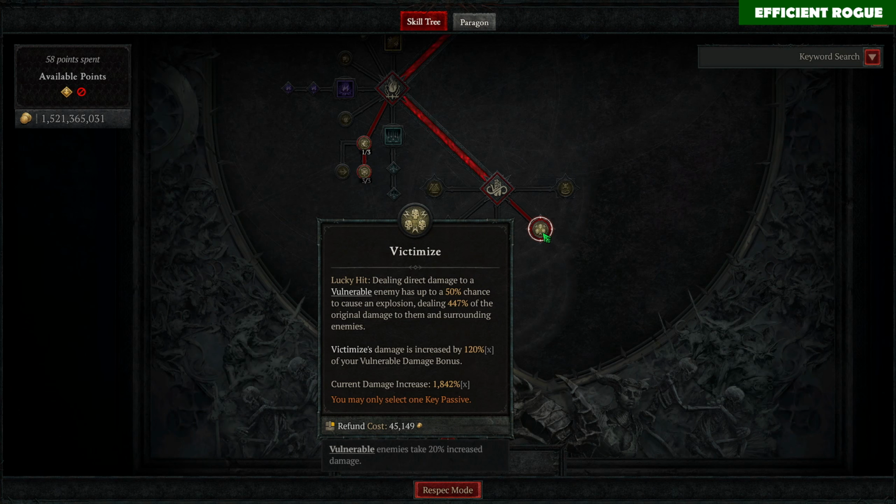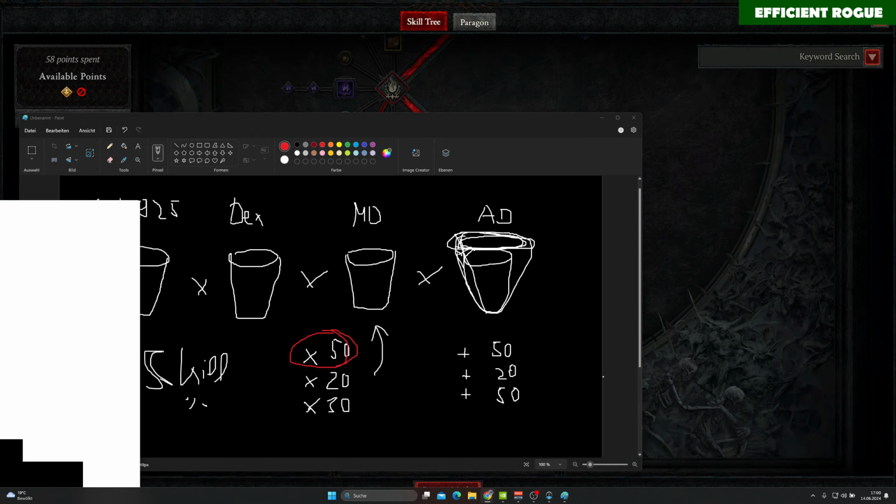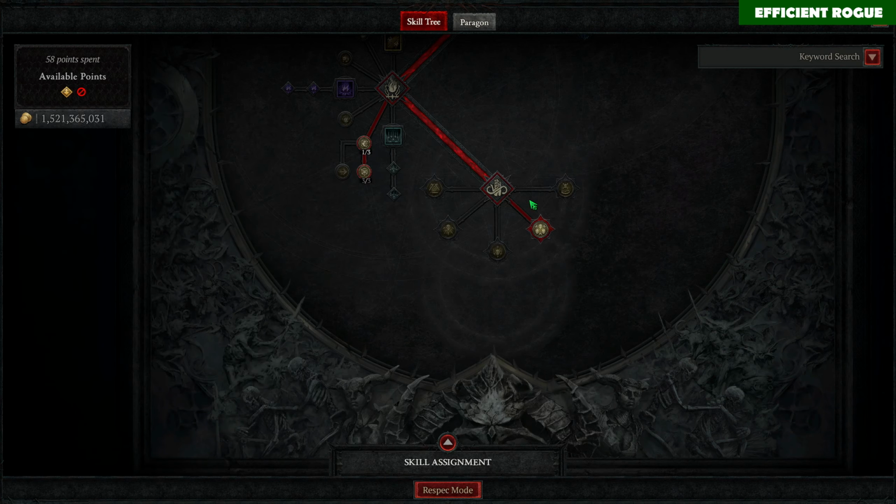And here another thing, we have lucky hit chance, and it says dealing direct damage to vulnerable enemies has up to 50% chance to cause an explosion. This is something I already mentioned in my lucky hit chance guide, so you can check it out on my channel if you like. I also can make a link in the description. So I made this lucky hit chance deep dive guide, and there I also showed you that this tooltip here